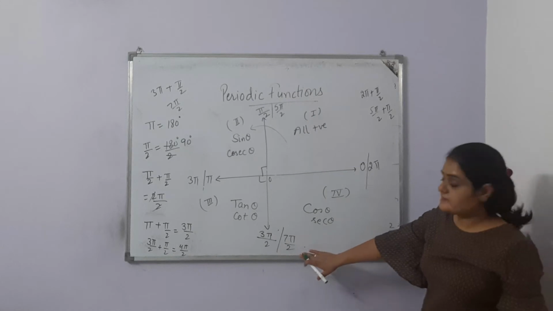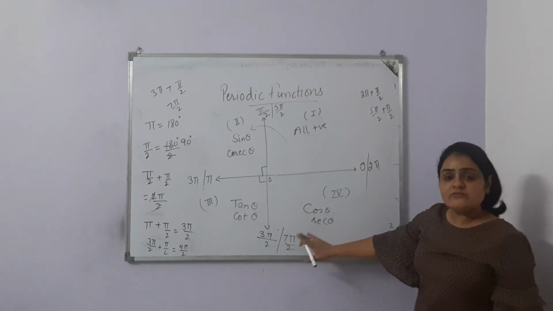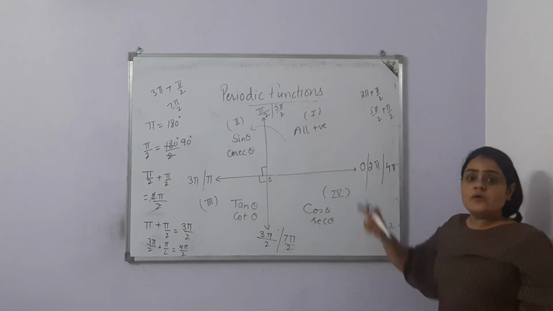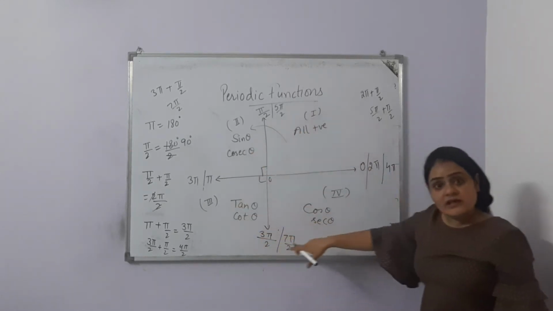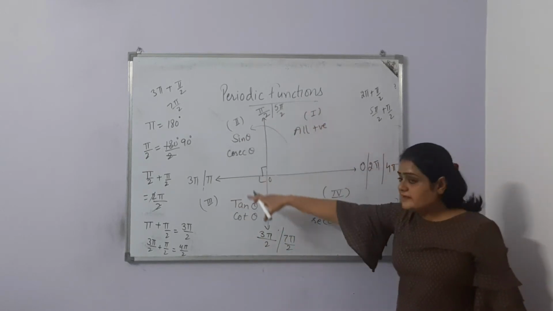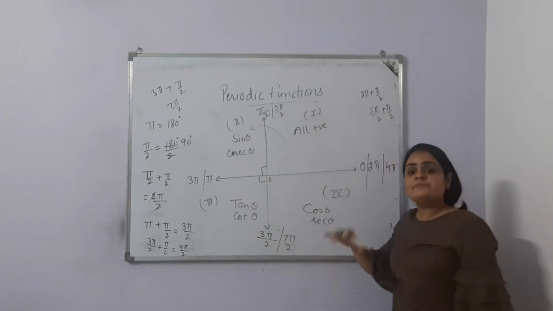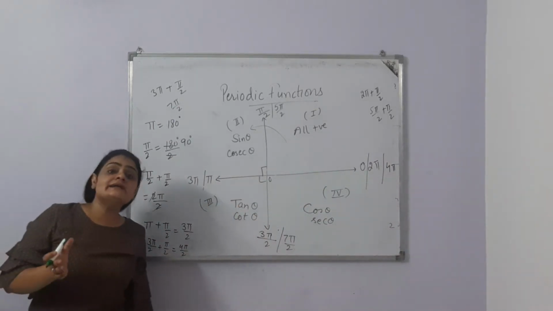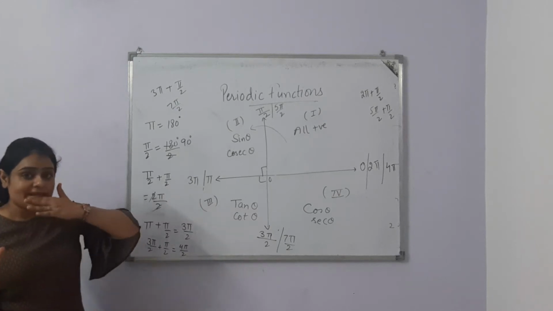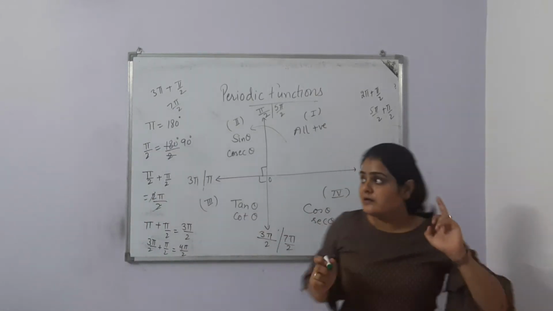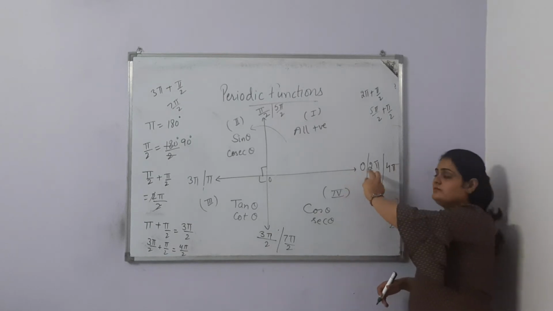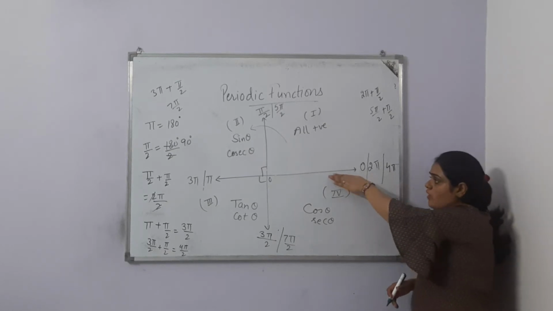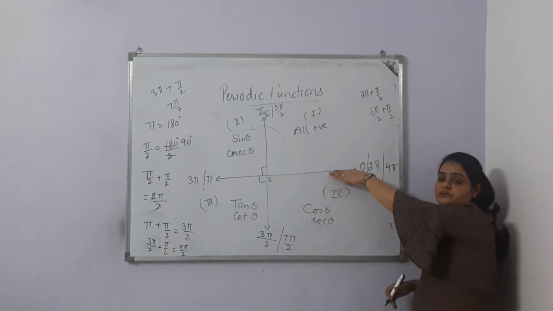And again, if we are adding pi by 2 and 7 pi by 2, we are getting 4 pi. So that means if we are rotating, just like a cycle, an anti-clockwise cycle, we are getting more angles. That means we are going to infinity. Infinite angles are there, and after a period, on the x-axis, 0 degree, 2 pi and 4 pi all are lying on this positive x-axis.